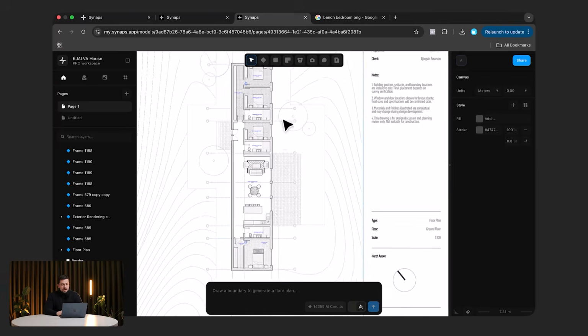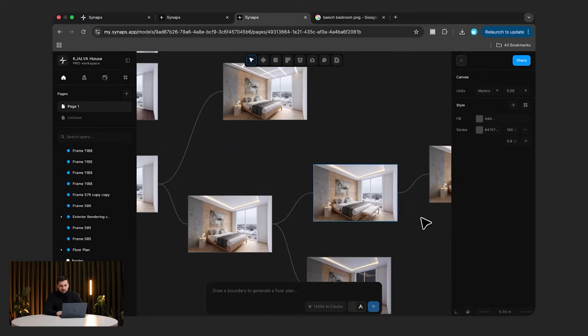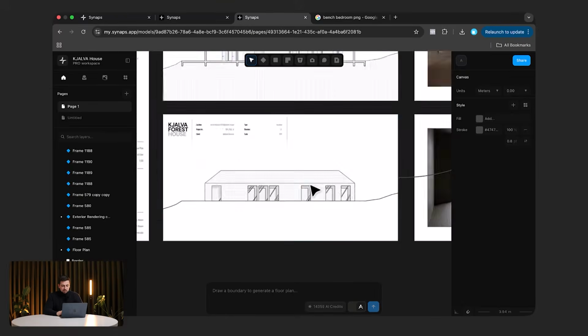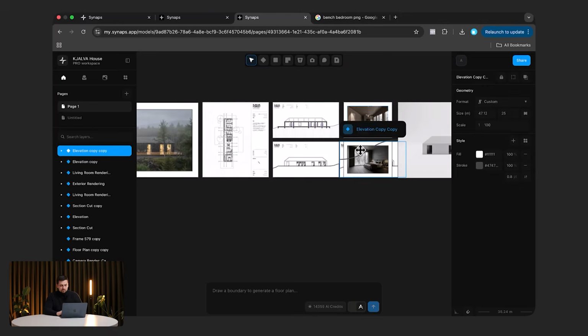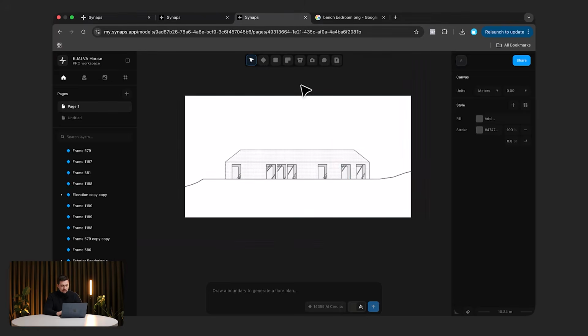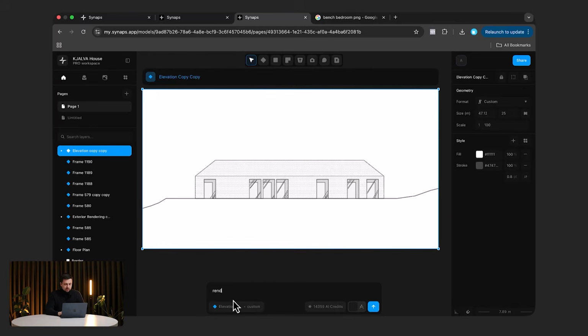Now that I showed you how to turn a 2D floor plan into a 3D render like this with a few iterations, and now I'll show you how to generate floor plans with AI, let me go ahead and show you how we can do it with exterior renders as well. For example, if we have an elevation drawn, something like this, which is pretty simple, what we can do is select that frame, switch to the image generation, and just type in render this